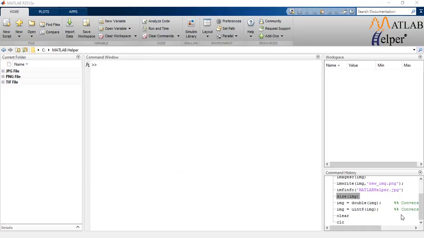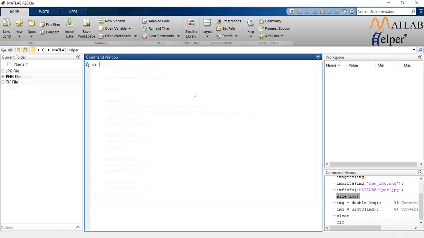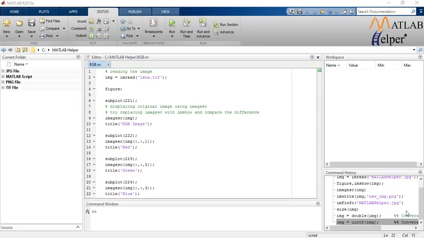Now let's try and extract the RGB components of an image. An RGB image consists of values taken from 3 channels, red, green and blue. These 3 channels can be separated out to display an image having only the red component or a combination of red and green component, etc. To display the image having only the red component, extract the first channel of the image only. Similarly, for green and blue, extract the second and third channel respectively.